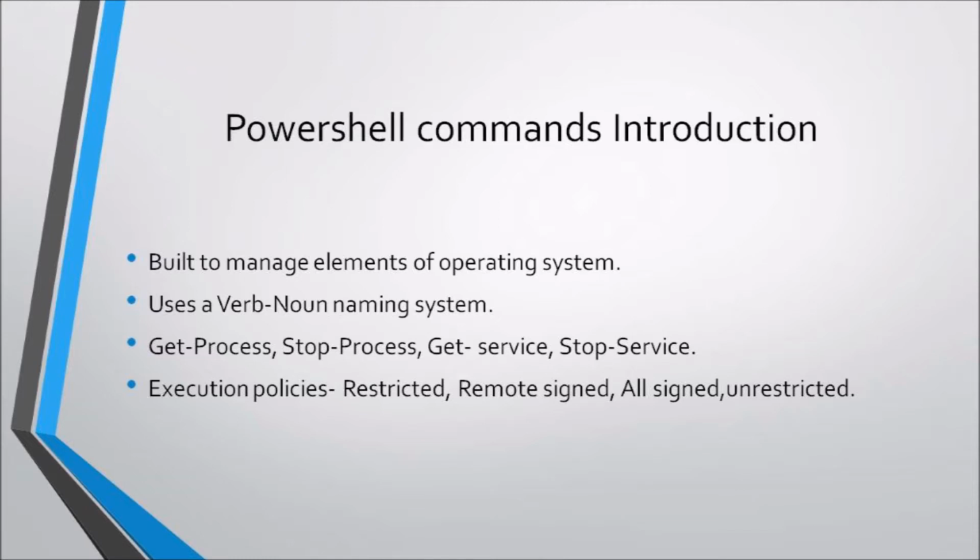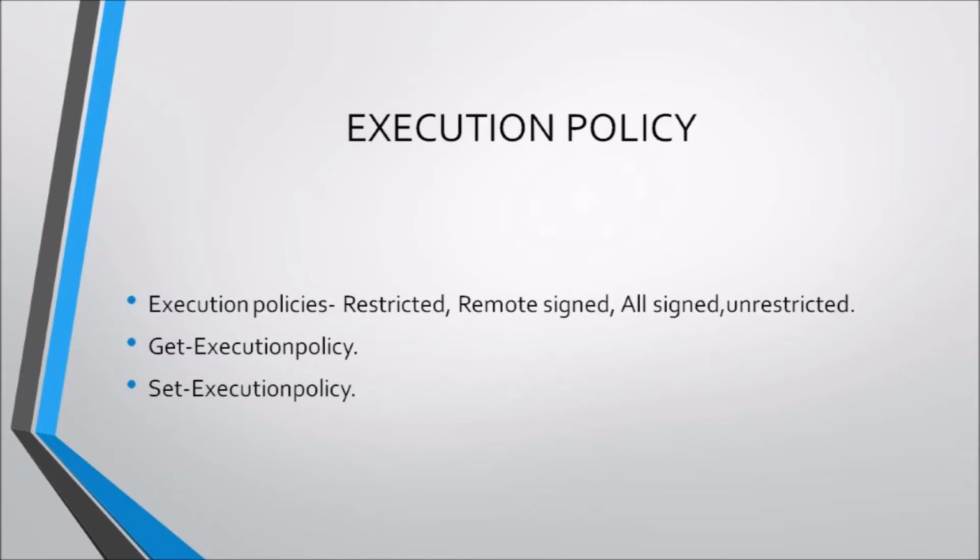In order to prevent unauthorized script execution, PowerShell has an implementation strategy. By default, the execution strategy is set to restriction. It has 4 execution policies: restricted, remote signed, all signed, and unrestricted. Restricted execution policy will prevent any scripts from running. Remote signed execution policy